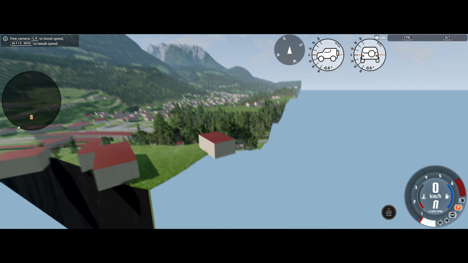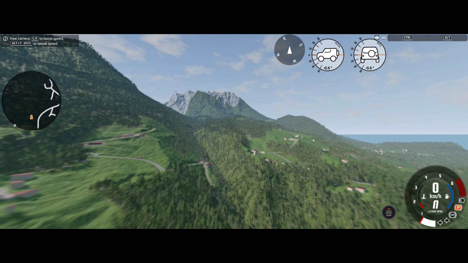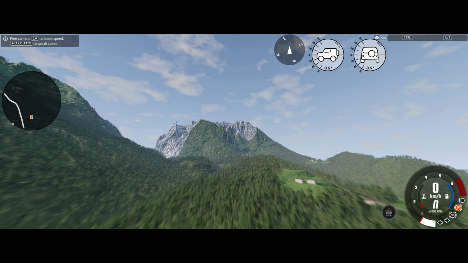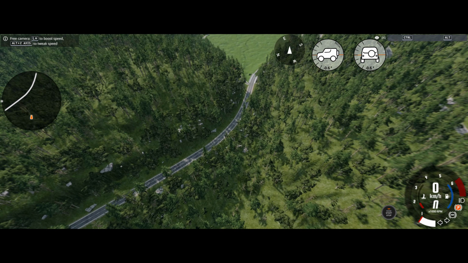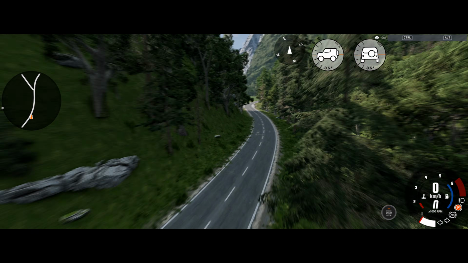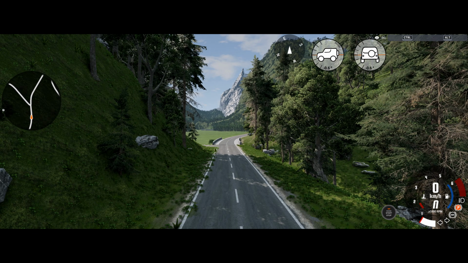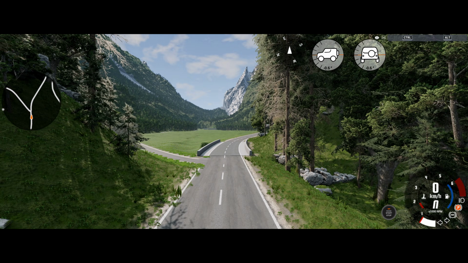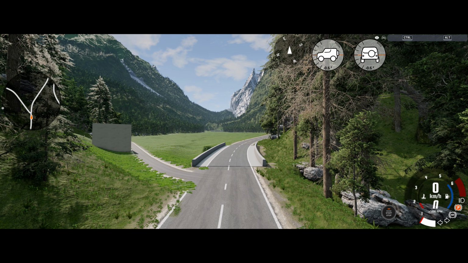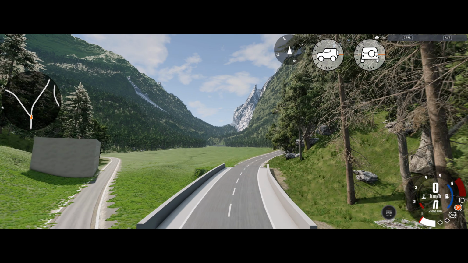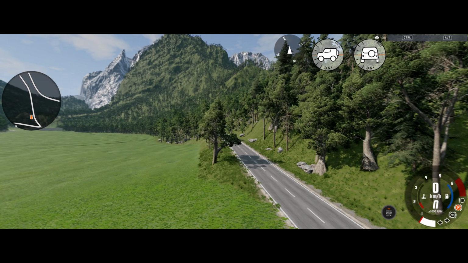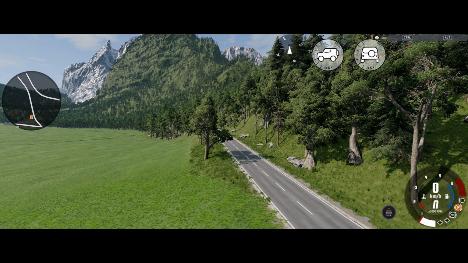So let's see. Ah, we see rocks. Yes, and this looks way better with a lot of trees here, you see, and a lot of rocks, perhaps too many rocks, I don't know. But you know how to lower the count. Yeah, this looks really like a good level, but there's one last step missing,